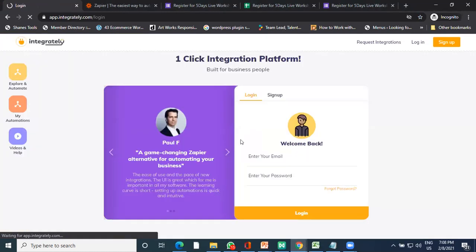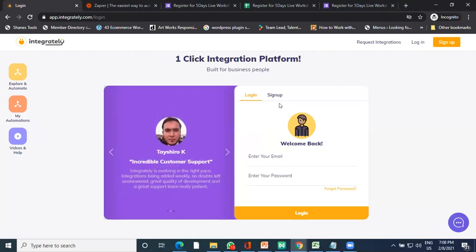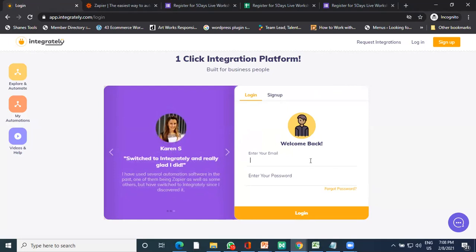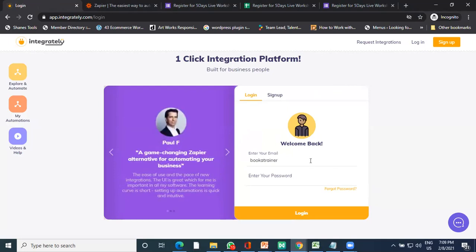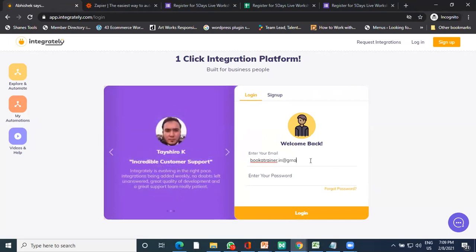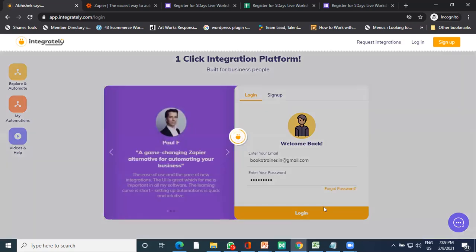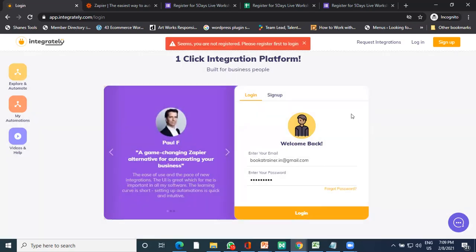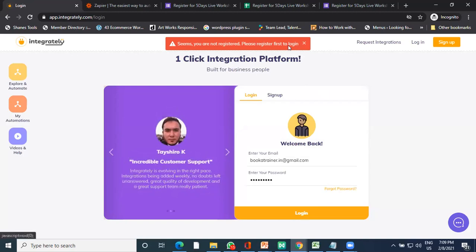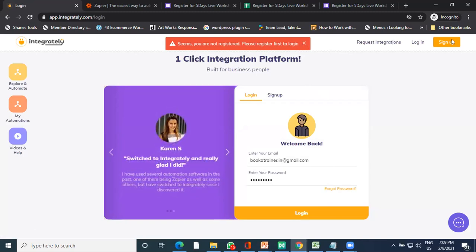Before we started, I was on Integrity, doing an account. It is pretty easy. Just click on sign up and do it. Once you do that, you just need to put up your detail. Here you go. Okay, I just did it.